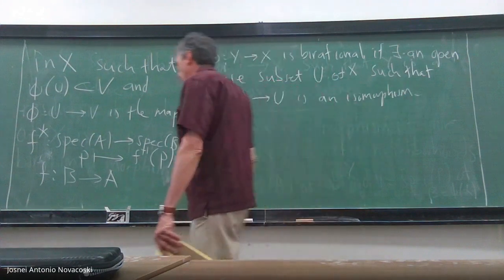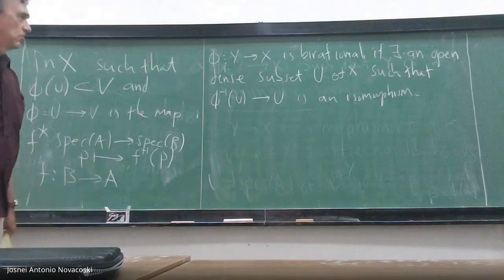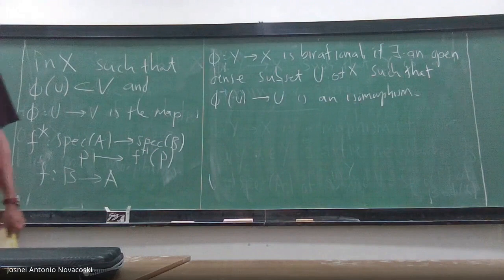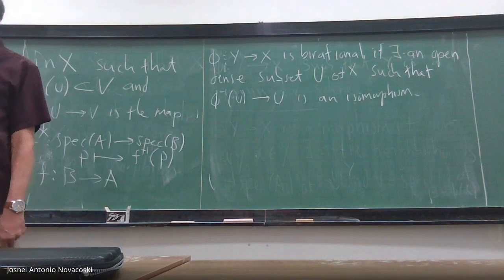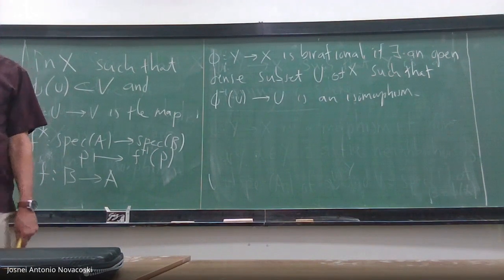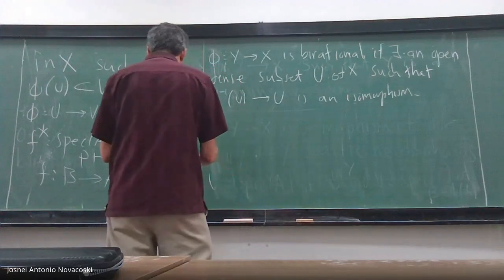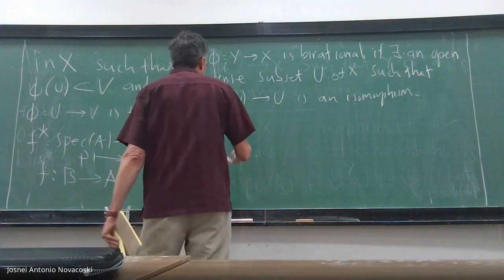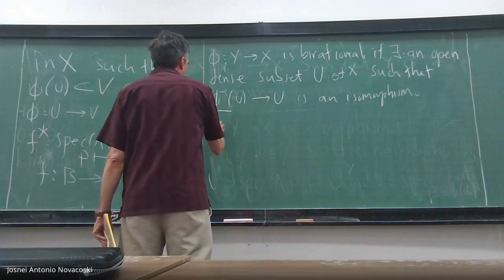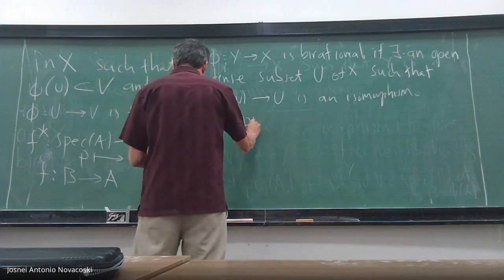So in general, what one would like best to do is to take U just to be the open set of non-singular points, and then you would like to have this be an isomorphism there. And finally, what does it mean to be proper? Phi is proper